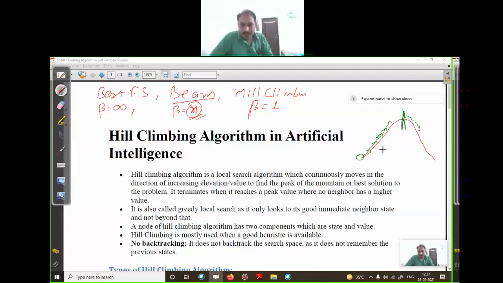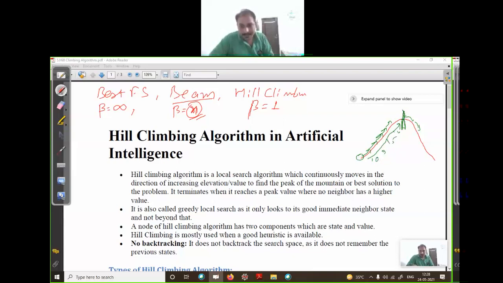In terms of heuristic value, suppose there is a 10, and then in the next level the heuristic value is 8, 9, then 5, then 4. So when the heuristic value of your graph or tree is continuously decreasing as you go to the depth of that graph, you will move.